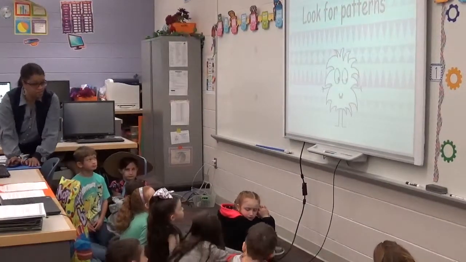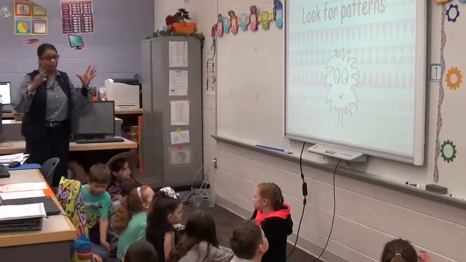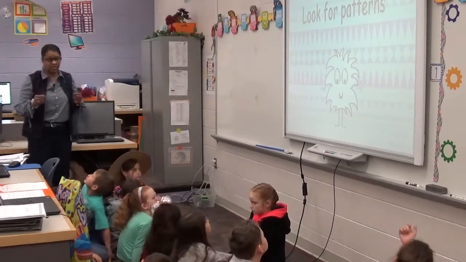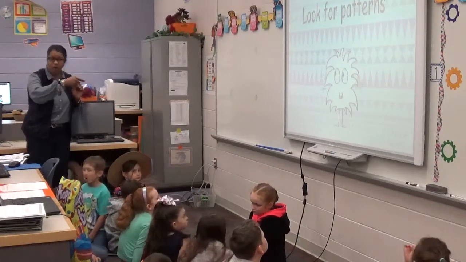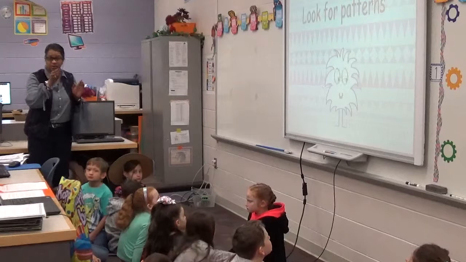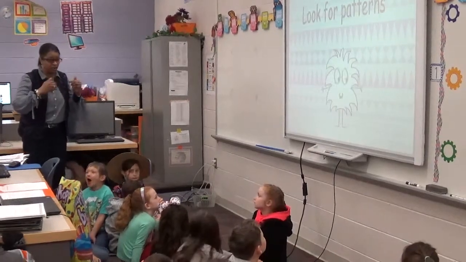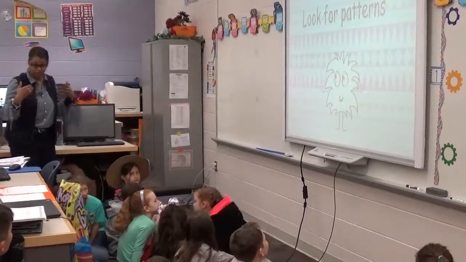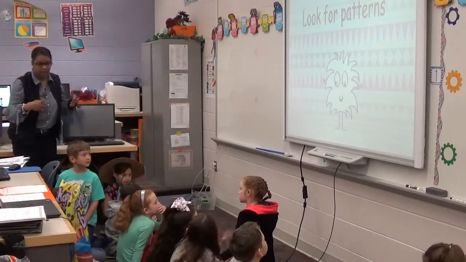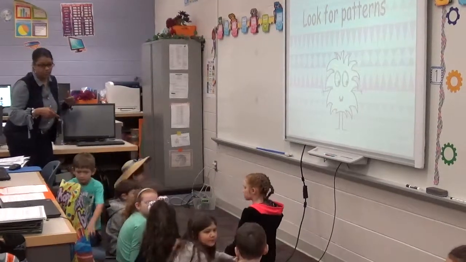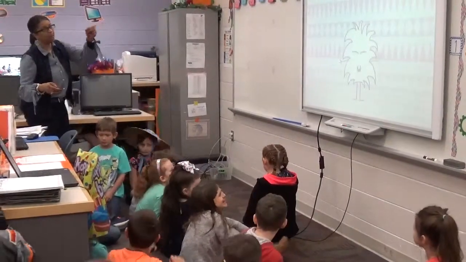The next thing I want you to take a look at, boys and girls, is when you are coding, you're going to look for patterns. So you might see something that says, remember when we were taking that robot to try to go around the tree? We said straight, straight, turn. Straight, straight, turn. That is a repeated loop. All right, say loop. Loop. Say loop repeats. Loop repeat. Now turn to your neighbor. Tell your neighbor the same thing. Loop repeat.